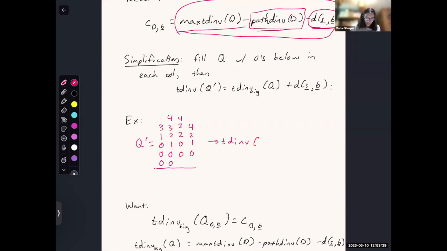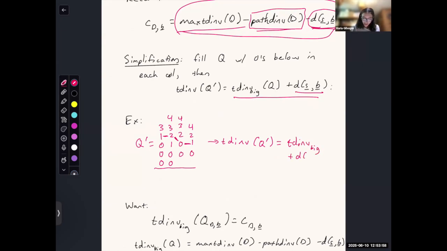Yeah, TDIV of Q prime is, oh, well, it says it right here. It's the TDIV among the big letters plus the DSB, the TDIVs among like the 2 and the 0, for instance, form a TDIV, and the 0 and 1, right? So you add all those in as well. And so we have the TDIV of the big